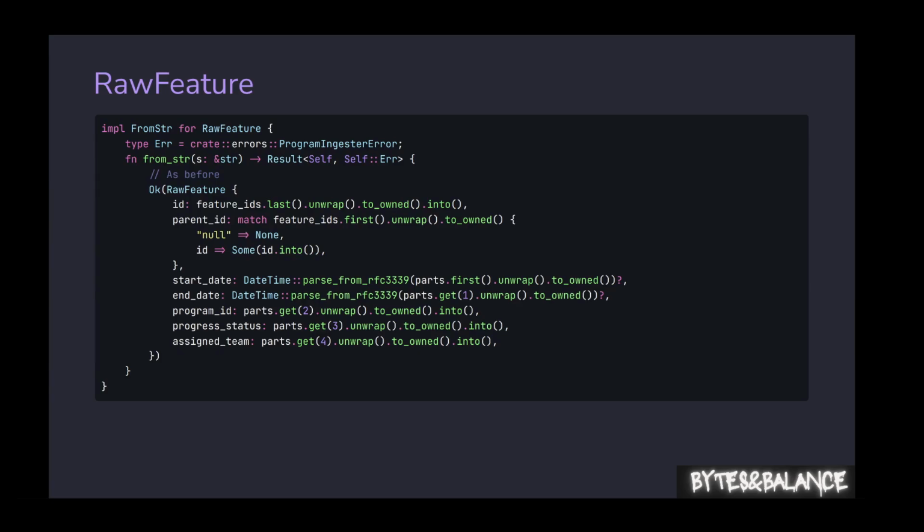All right, now it's time for start date and end date. These fields are parsed using DateTime parse from RFC 3339, which is a method to parse a date string in the RFC format. Parts.first().unwrap().to_owned() and parts.get(1).unwrap().to_owned() get the first and second elements from the collection parts and convert them into strings. Program ID, progress status, assigned team. These are the last fields, which are directly taken from the parts collection at specific indices and converted to the